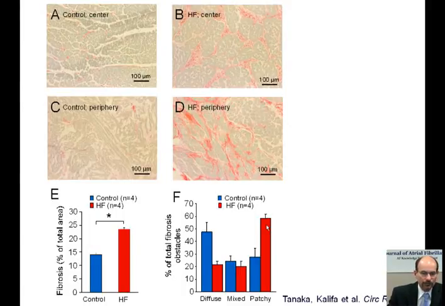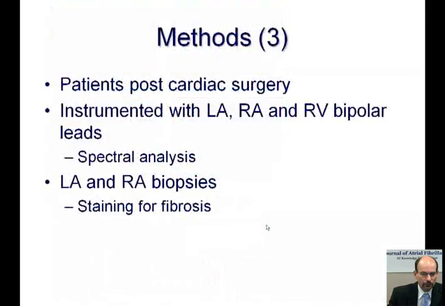We looked at patients post-cardiac surgery that were instrumented with left atrium, right atrium, and right ventricular bipolar leads. We then performed spectral analysis of the recordings, and we also stained for fibrosis biopsies obtained from the left and right atrium. This is a picture of the open chest view of the heart. This is the left atrial appendage, and here we see the wires that are connected to the left atrium, right